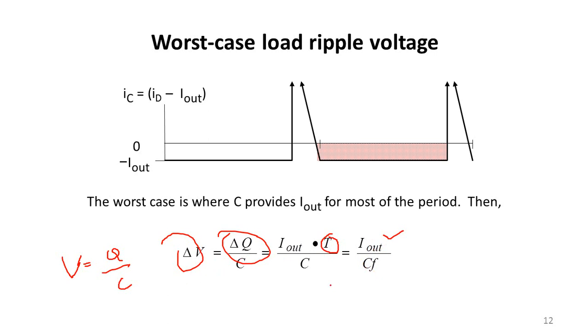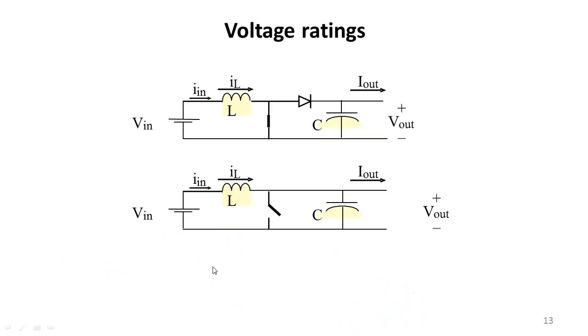So you can take the capacitor value. How to design your capacitor? Maximum output current divided by del V into F. This is how you have to choose your capacitor. Del V is nothing but the percentage, how much percentage you are providing, and the cushion value that you take with the load ripple voltage. So these are the voltage ratings, simple.